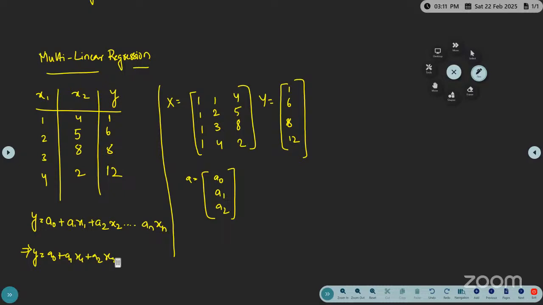So now, in order to identify this, we'll apply a formula: A equals x transpose into x, whole inverse, into x transpose. And this is being multiplied with y. Okay. I'll not do the entire calculation here, but I'll tell you how we are doing this. First we'll do x transpose into x. So that will give you